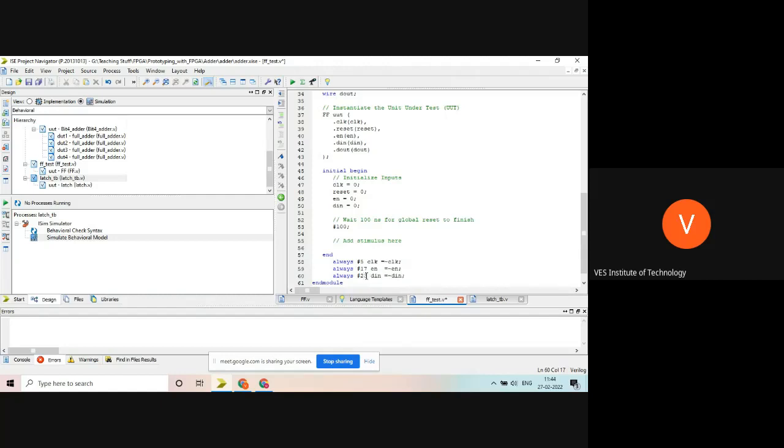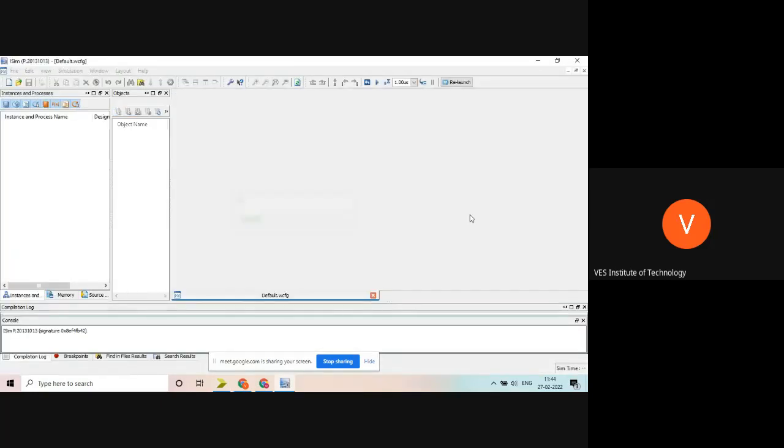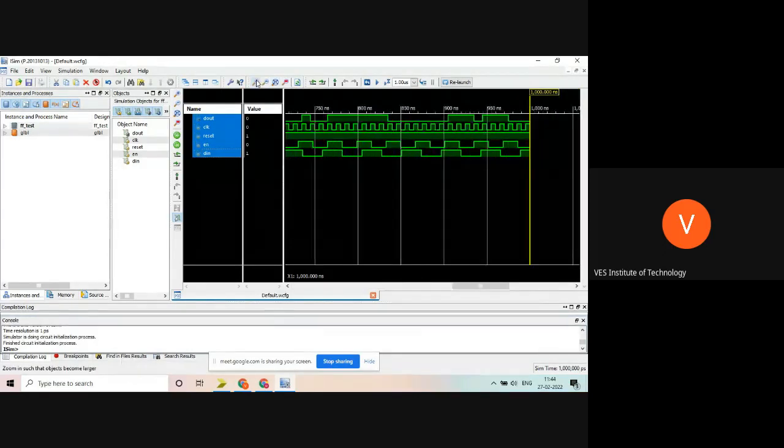I can make it 23, and reset will be made 1. So check this now, simulation. I used the same kind of test bench. There is no big change I have made. Enable is switched on and off in between, and I'm checking the result. The extra enable is there.